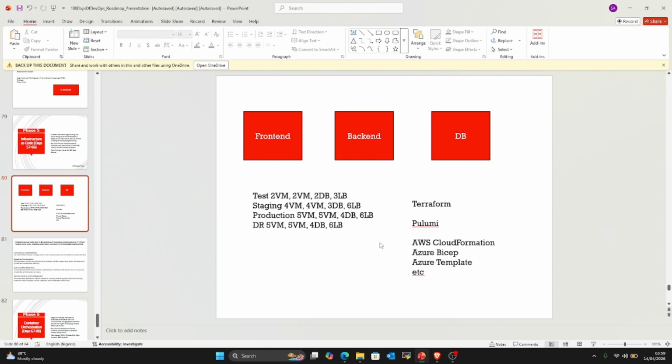Just to mention, we're going to be working with Terraform and Azure, because we just finished the Azure phase of 100 days. So we are going to use Terraform to provision things on our Azure platform. If you're yet to see the videos of the Azure phase before this one, I would advise that you watch them. That gives you very good knowledge of what we are trying to do here.